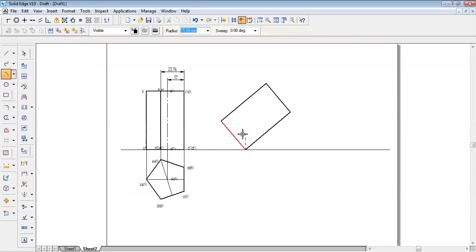First with 17 you draw a small arc. Next with 23.75, you draw another arc. Okay, so here axis line,